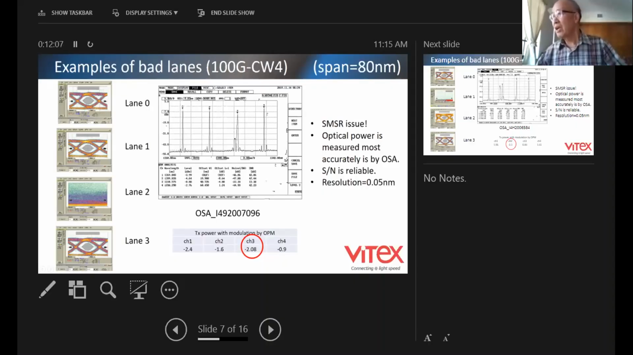And I want to point out the signal to noise reading is a very accurate measurement, and the resolution. One more thing to point out, if you use the optical power meter to measure individual power by disabling the rest of the signal like I did, and I put it back down here, minus 2.4, minus 1.6, minus 2.08, minus 0.9. This one is very hard to say is good or bad, right? You cannot see it, but on the optical spectrum analyzer, you can see immediately it's bad. So what I'm trying to tell you is, the optical spectrum analyzer is a very good tool to identify problems in